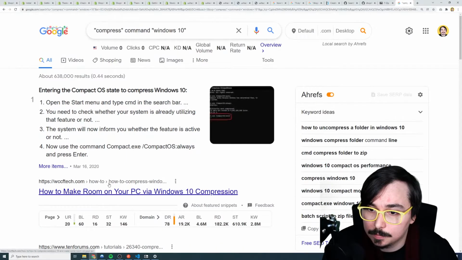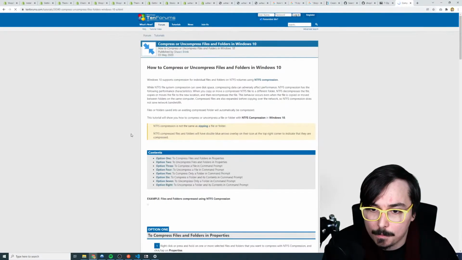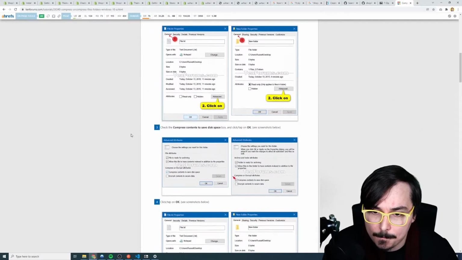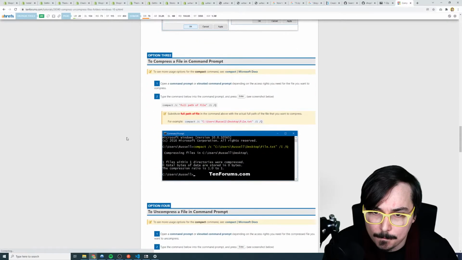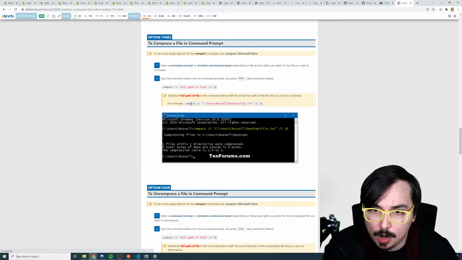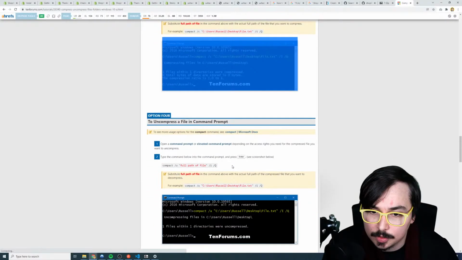So let's see. So compact is the name of the command. So let's try that